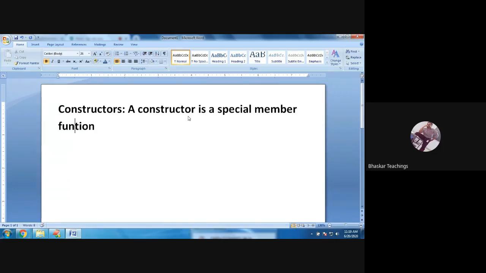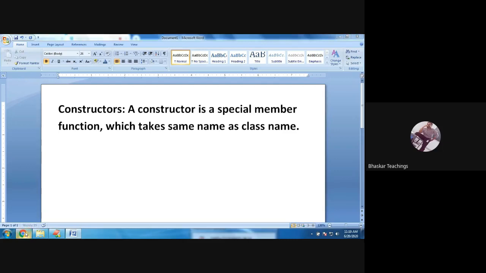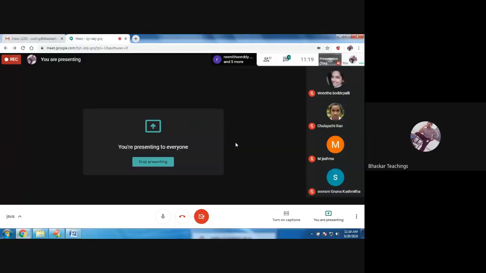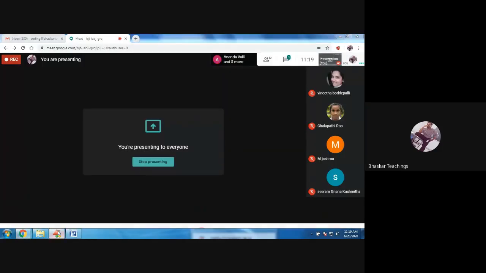A special member function which takes the same name as the class name. With the definition, a constructor is a special member function which takes the same name as the class name.